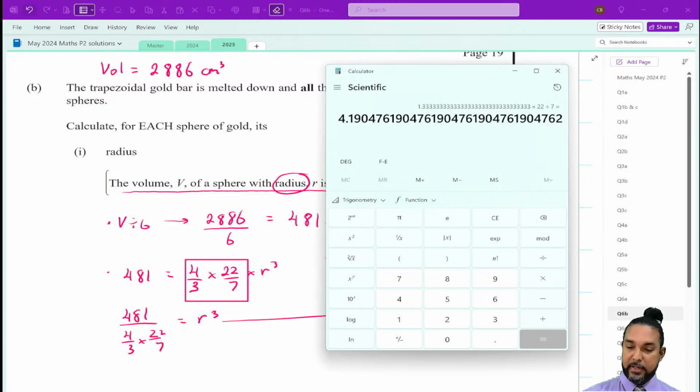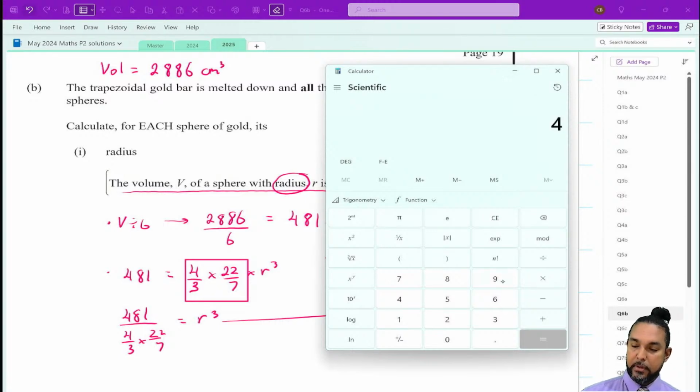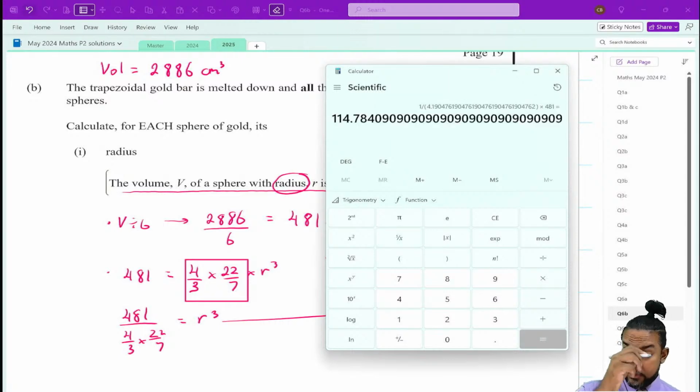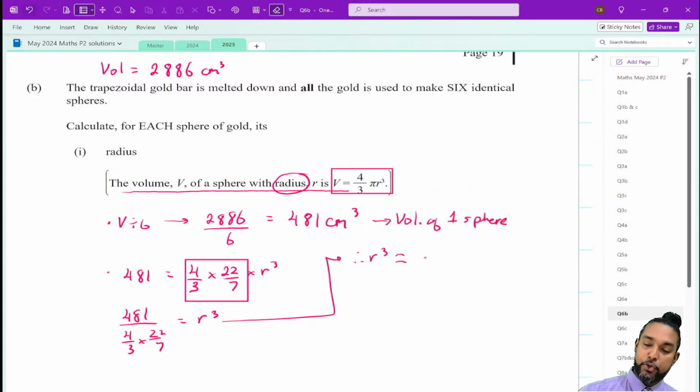So we have about that, and then what we'll do is invert that and multiply by 481. So we get about 114.78. Let me just double check that calculation. So 4 by 22 is 88, and we're dividing that by 21. Then 481 divided by that, so multiply that by 481. So 114.78 and so on. So r cubed is